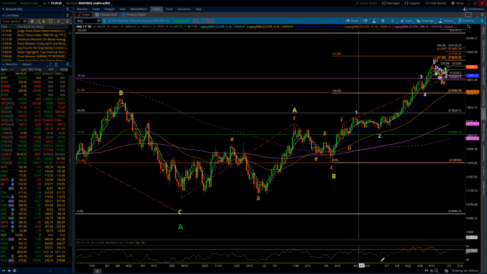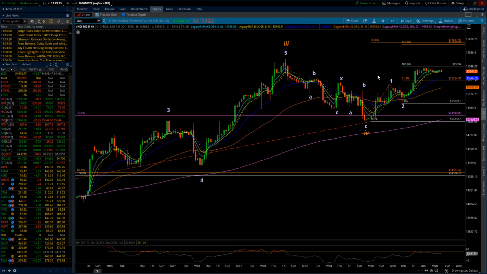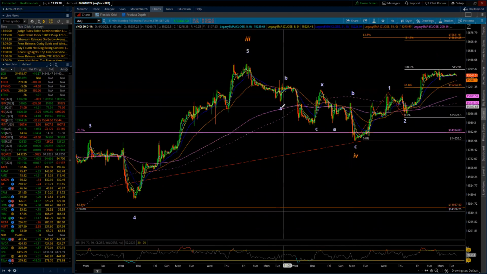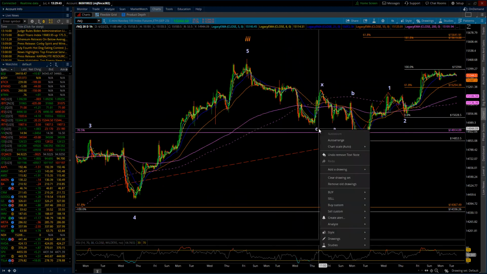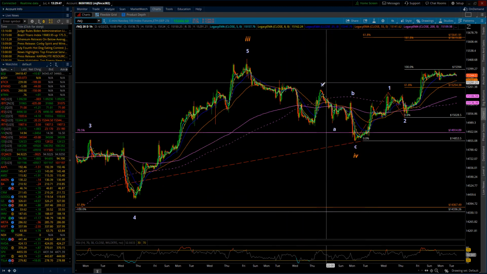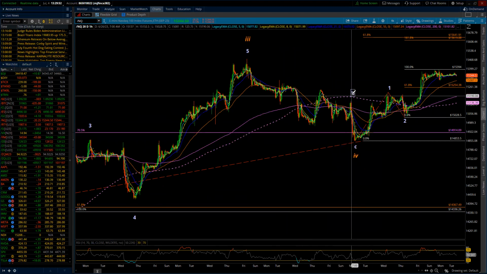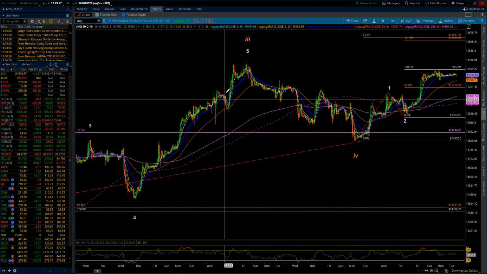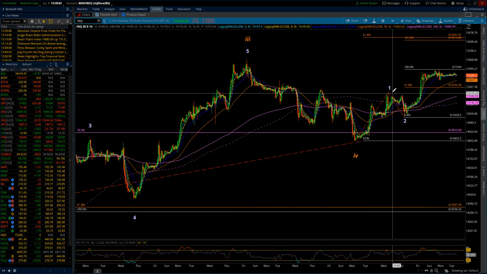So here's our relationships. And I need to break this down and take off some of this external stuff. Let me go down one more. I should have done this prior, but I forgot that I hadn't. I did it on the S&P, just so that when we're out there, the charts are a little bit more readable without all this labeling in the way. And I'm just taking it off because we're pretty satisfied that that's the end of minor wave 4. And now we're in the minor 5th wave again.